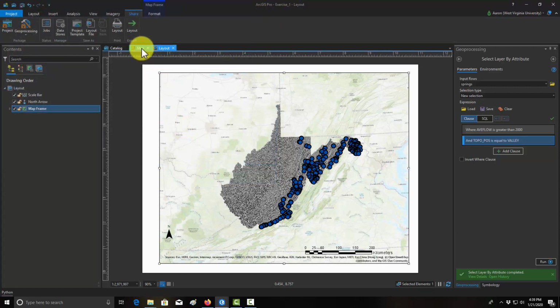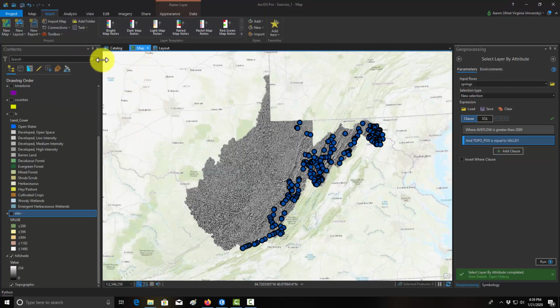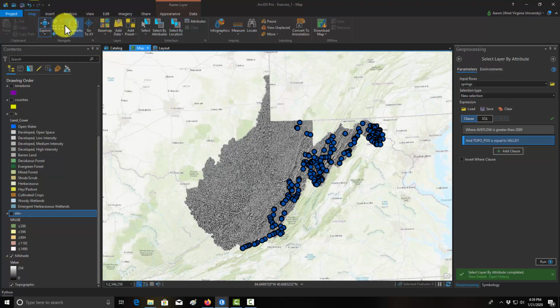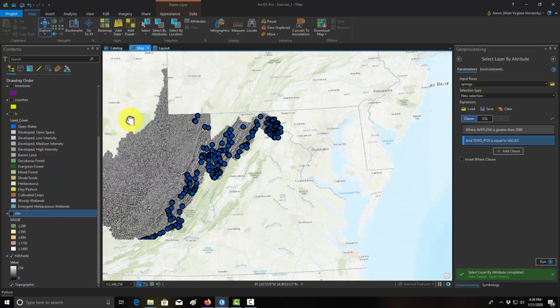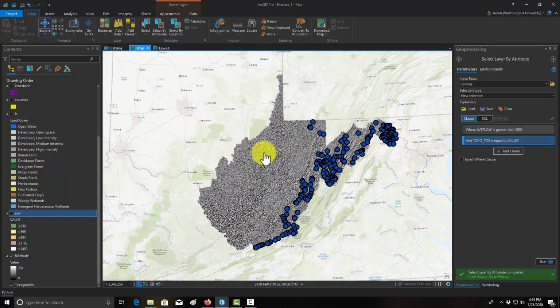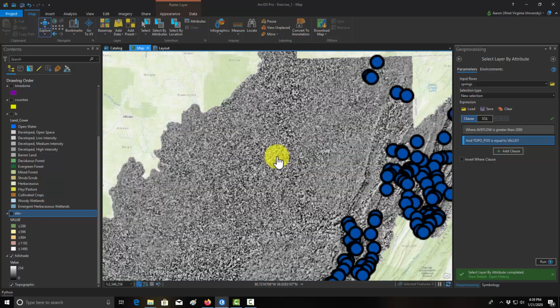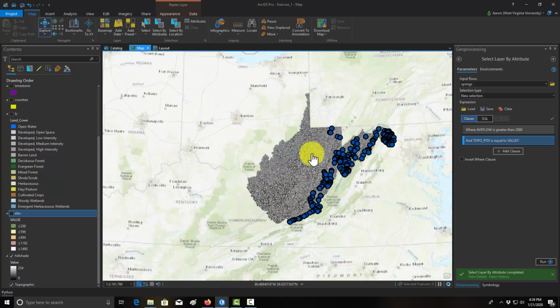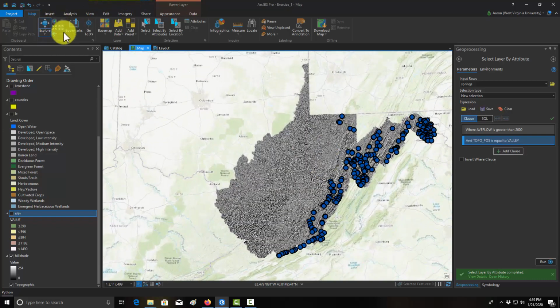Alright, I'm just going to go back to the map for a second. One other thing before we end is if you go to the Map tab, this is all the information for navigating around a map. So you're going to use this a good bit. Under Explore here, if you click on that tool, you can navigate around. So pan north, south, east, west. You can also use the scroller on the mouse to zoom in and zoom out. What these buttons do is allow you to zoom to certain extents. So this would fit all the data to the current view,